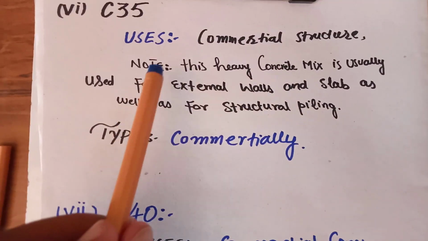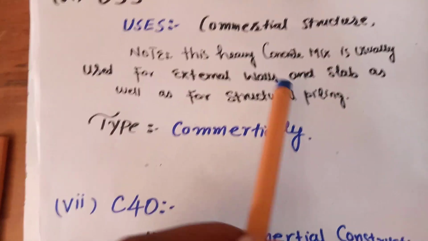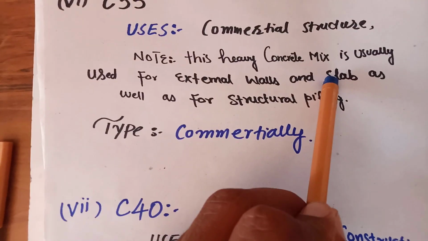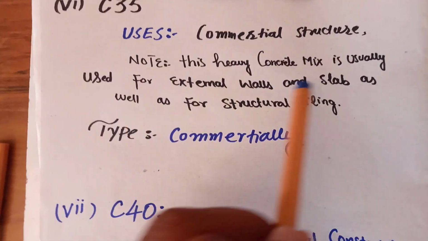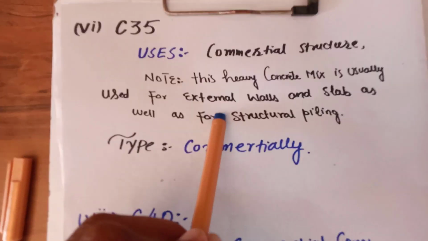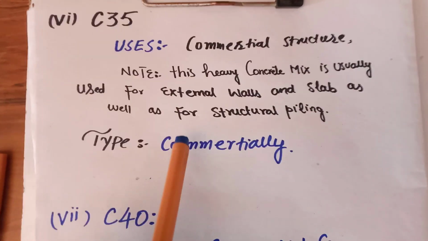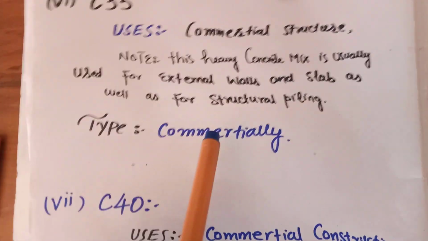Note, this heavy concrete mix is usually used for external walls and slabs as well as for structural pilings. This is highly load-bearing concrete, so we can use it for heavy structures, and it is used commercially only,